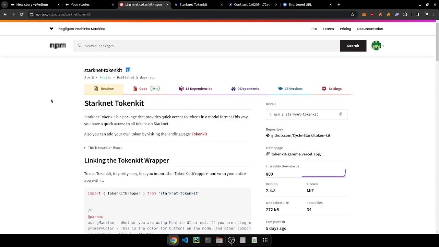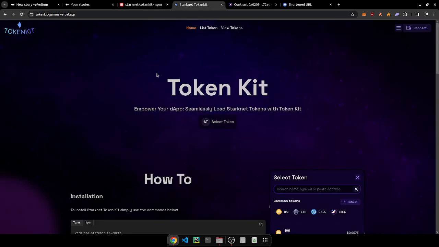So currently Starknet Tokenkit is on testnet. The contracts have not yet been audited to be deployed to mainnet, but currently it's just in beta version for testing purposes. So what it is, Tokenkit is just a modal format, and let's learn about it